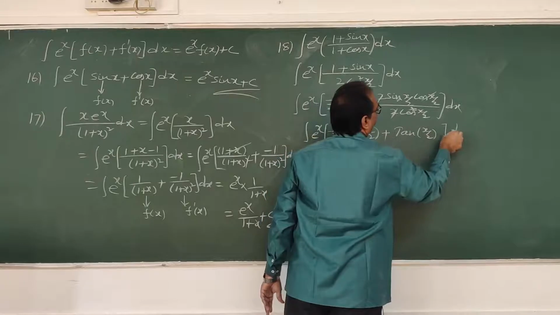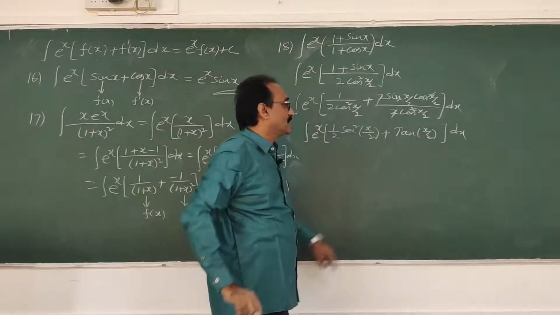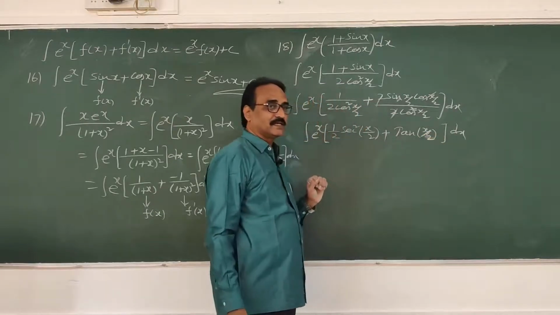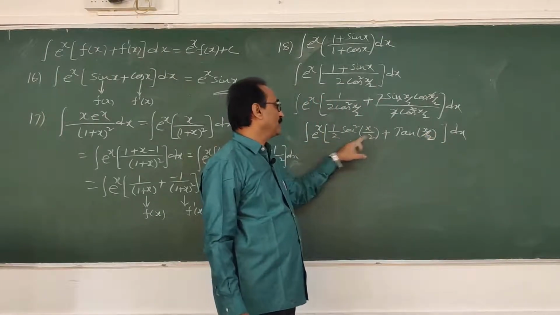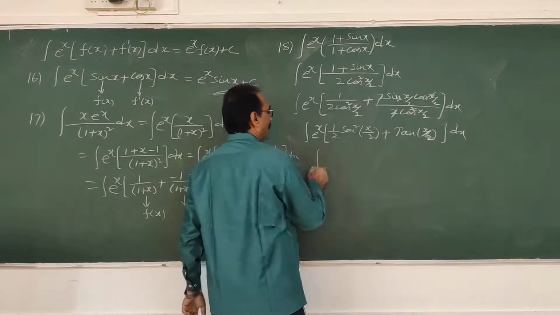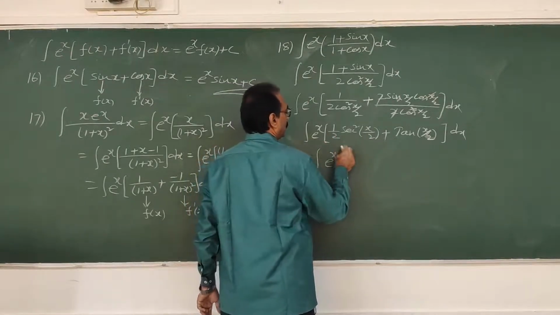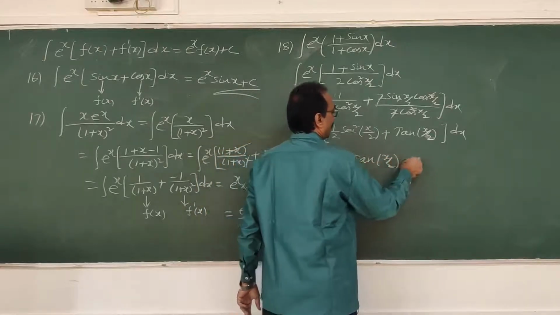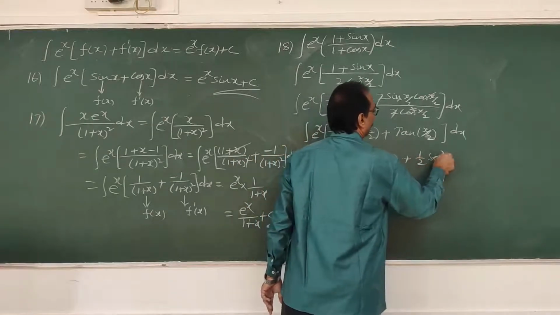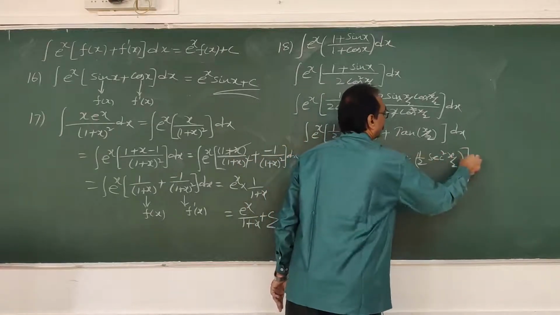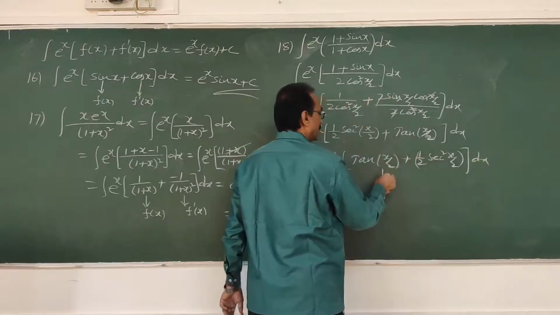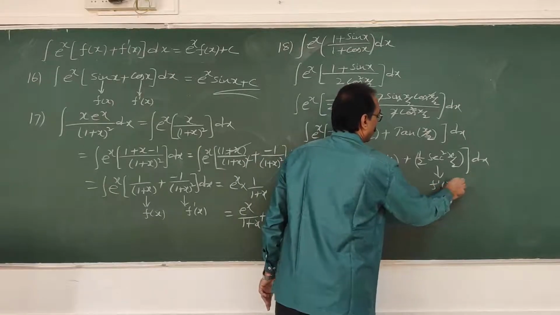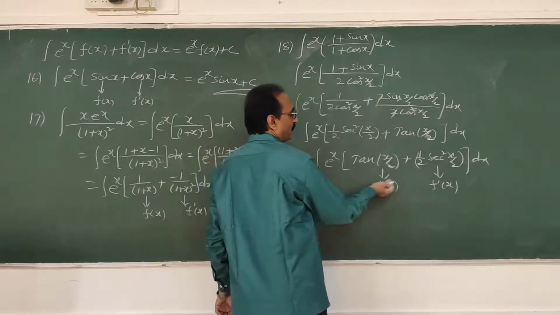Now I have seen what to do. Now plus has come. What is the derivative of tan x? Sec² x. Again, the derivative of x/2 gives 1 by 2. So it is in the same form now. Integral e^x into, I will write here otherwise, tan(x/2) plus half into sec²(x/2). Just to understand yourself, I wrote like that. So integral dx. According to us, this is f(x) and this is f'(x). So we are able to put e^x into f(x) plus f'(x).